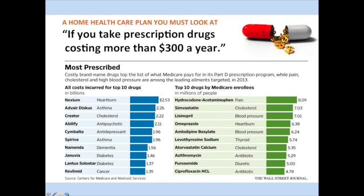And clearly, if you ask the Kemper people, they will tell you that is what they perceive as the number one benefit. So you look and you say, especially for those of you who are listening, whoa, wait a second, prescription drugs, that's either covered by Medicare Part D or people have plans. Why would somebody be interested in a prescription drug benefit? And here's the simple declarative statement. If you take prescription drugs costing more than $300 a year, you should be interested in looking at the Kemper